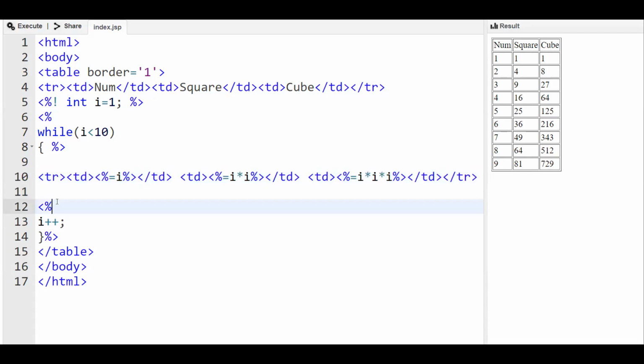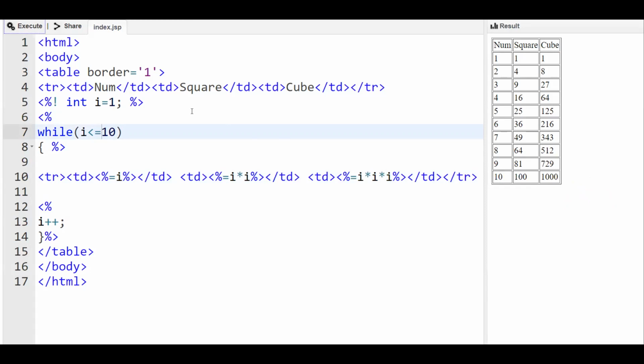So this makes the content dynamic. So if you want, if you just want 10, then put equal to 10, 100, 1000, it is printed. So this is an example of a while looping statement.